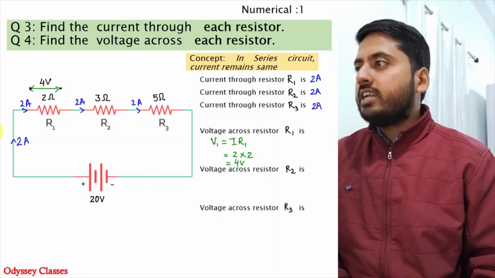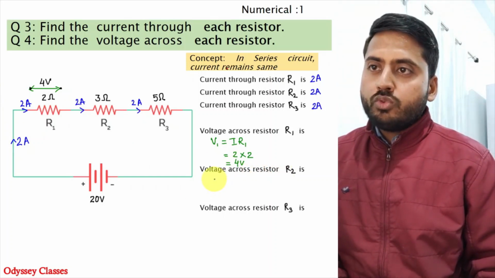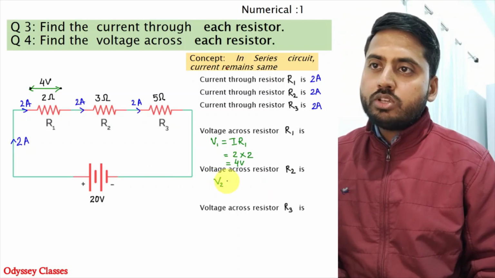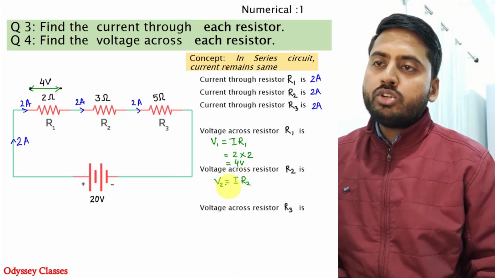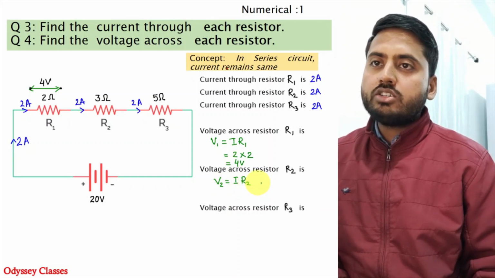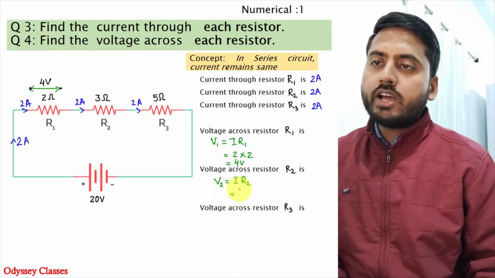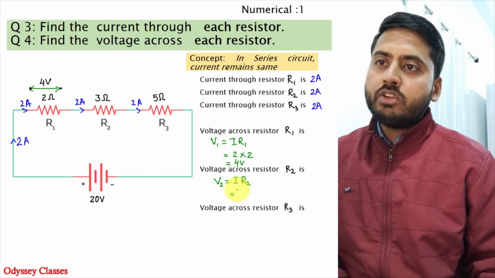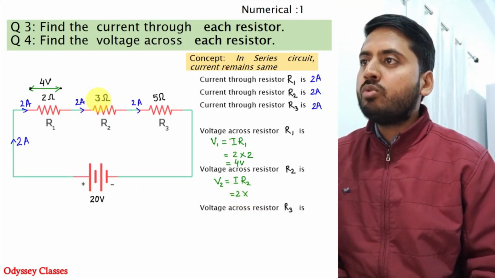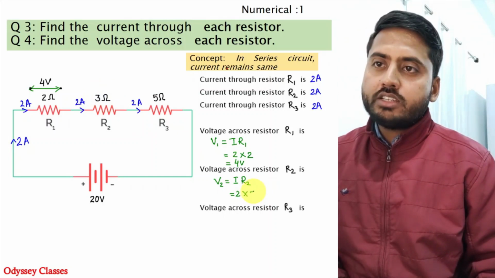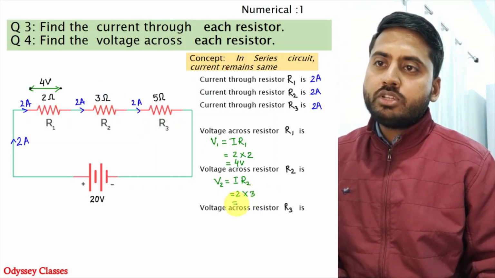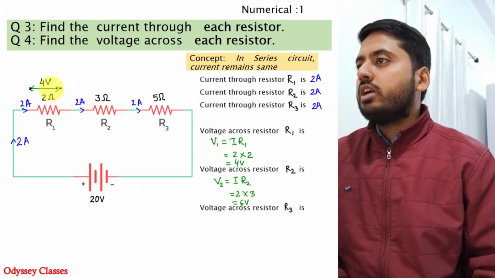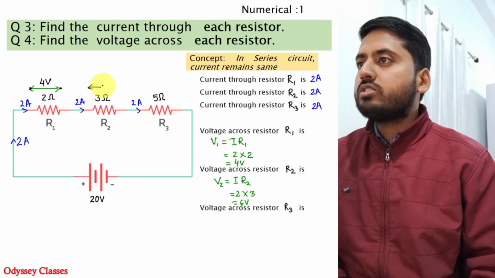Now let's find out the voltage across R2. So we can write the formula V2 is equal to I times R2. So here 2 denotes the resistance 2. We can put the values, same current 2 ampere will flow here, and the value of R2 is 3 ohm in the question. So we can write this as 3. So 2 times 3 is 6 and that's 6 volt. So here we have got voltage across R2 as